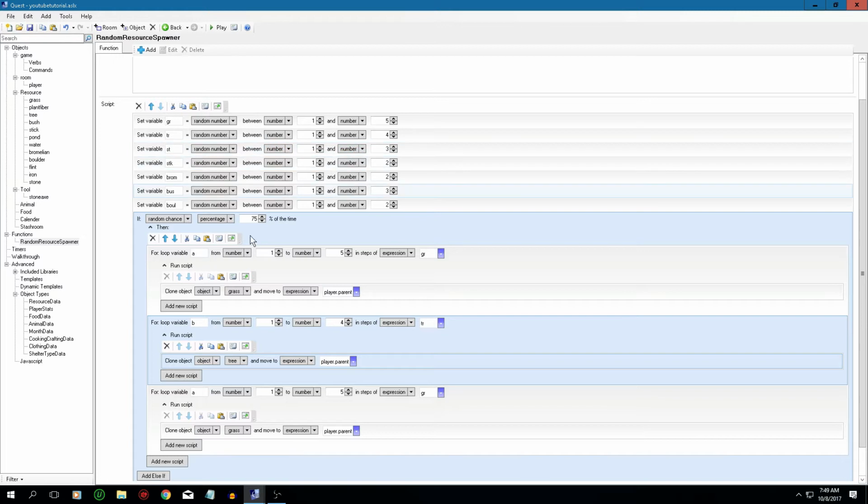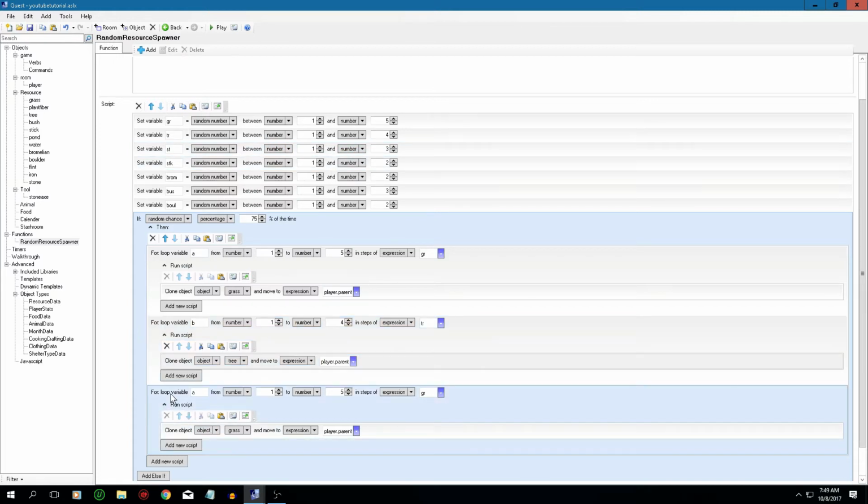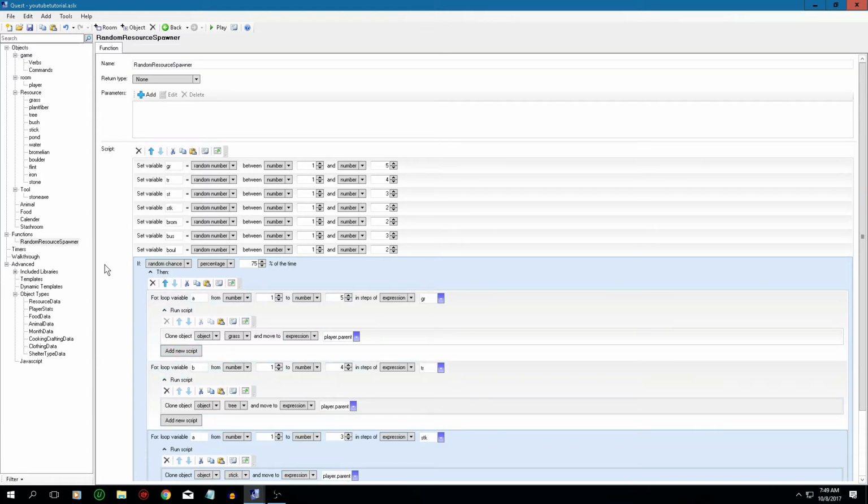So now we're going to do the same thing for the stick. Come down to this other for loop. We're going to change this to 3, and name this STK. We're going to find our stick for our clone object. Object's going to be stick. And so now we got all 3 of these. So now if we take this function,